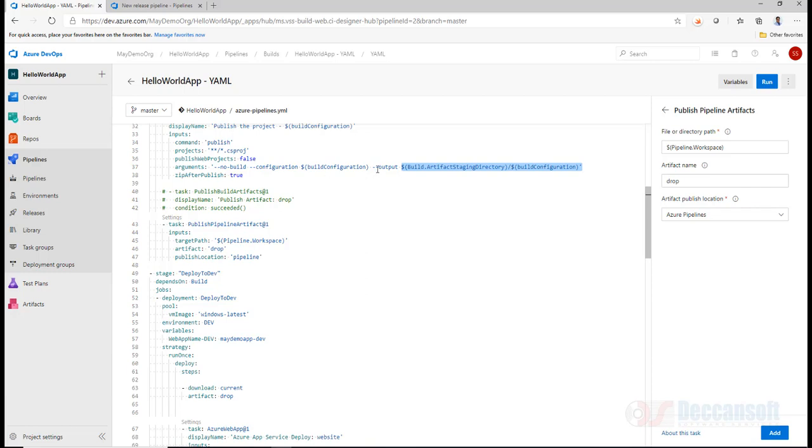Whatever source you have given here, you can directly pick up from that source and publish it. You only have to mention the path, given here as the same. Actually we are giving a different one here also. I published the pipeline workspace itself, but you can always say, under pipeline workspace I want such and such directory, maybe source, maybe artifact. That is the advantage this is going to give us.